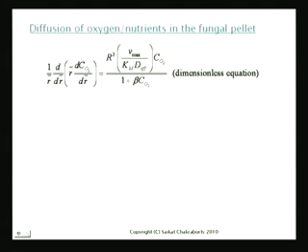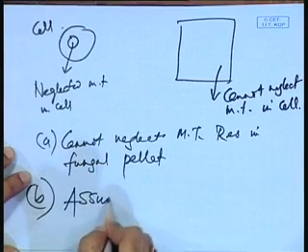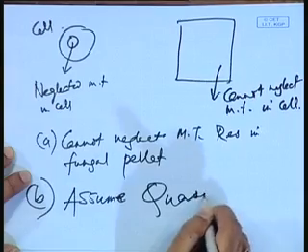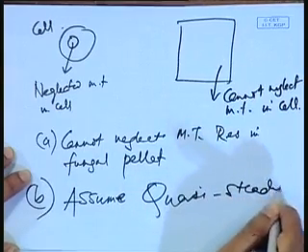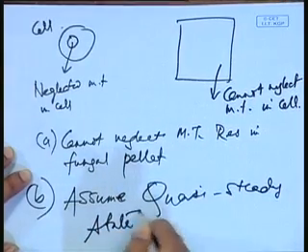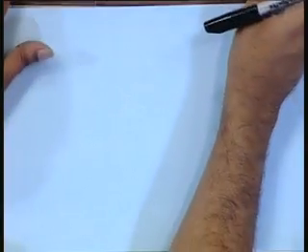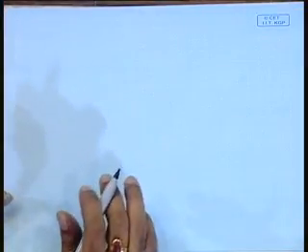Why do we assume steady state? We're running out of time today, but I'll just explain quickly why. What we do is, let me write it here. Assume quasi steady state. This is a very important thing, and maybe I'll start tomorrow's class with this. Again, this may be a new concept that you are dealing with today. So this is different from the assumption of quasi steady state in the enzymatic case.